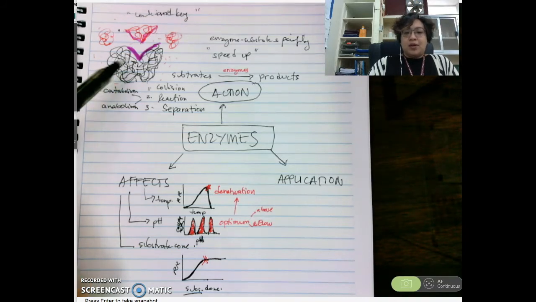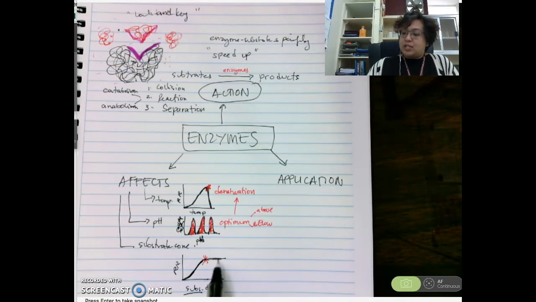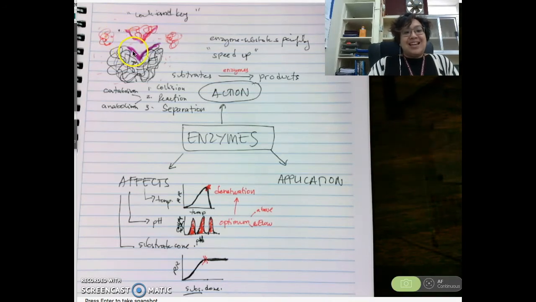But at some point, like at this point, all of your enzymes are filled or fully occupied by substrate. So there's no available enzyme to catalyze your other substrate molecules. Therefore, the rate of reaction will stay the same. Okay? And until such time that you have an enzyme available, then the other substrates can be catabolized or anabolized